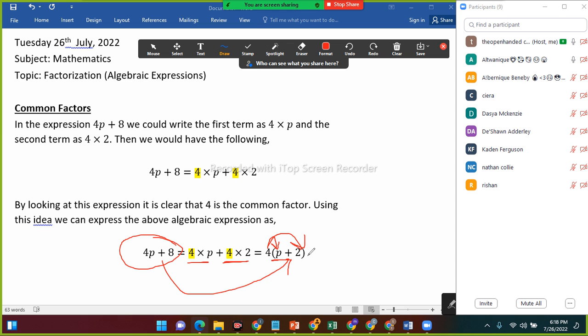So P is always the 2? Say it again. If you have P in a question, does that mean it's automatically a 2? No, the P is not a 2. What happened